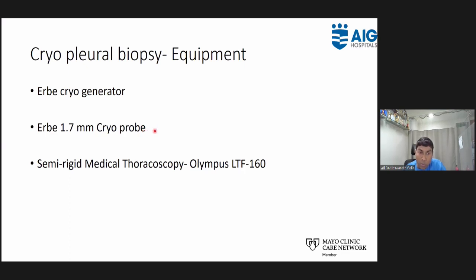We have another cryoprobe which is available, called a mini cryoprobe, which comes with a diameter of 1.1 mm, and that is mainly used for taking biopsies from peripheral lung lesions, that is, pulmonary nodules. So to pass this cryoprobe, we require a semi-rigid medical thoracoscope from Olympus, called the LTF 160, which has a working channel of 2.8 mm